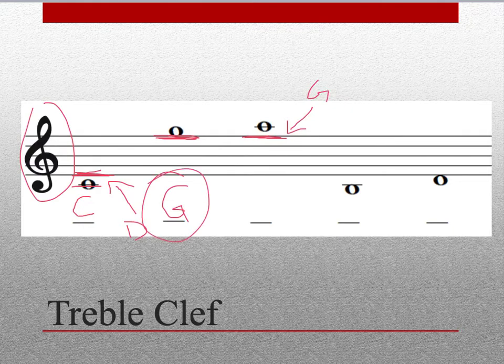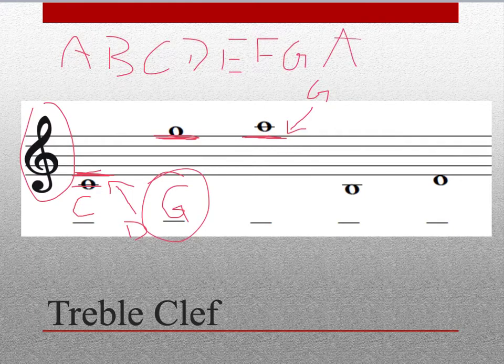And this note is above that space, so it's on the line right above that space. I'm thinking to myself, what comes after G in the alphabet? H comes after G in the alphabet, but we don't use H to name pitches. We use A, B, C, D, E, F, G, and after G we go back to A, so this note's